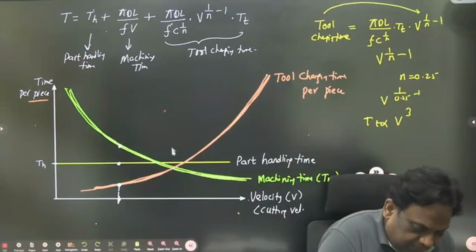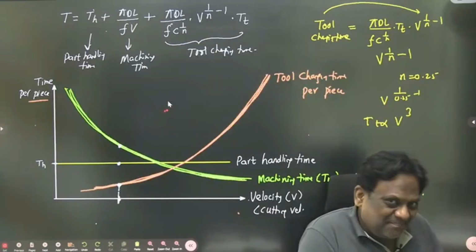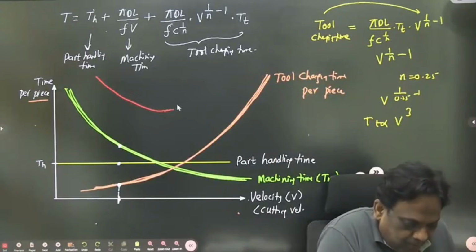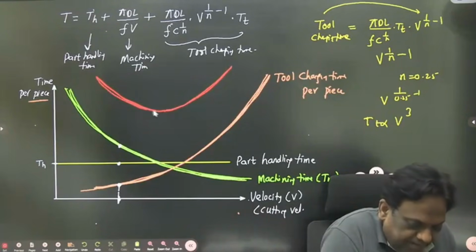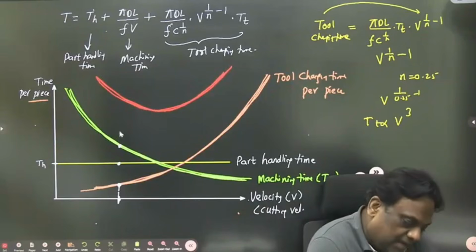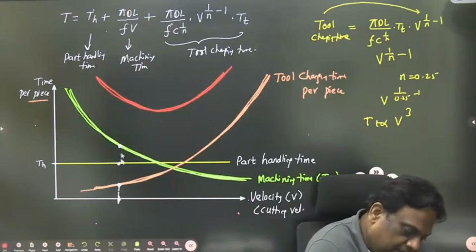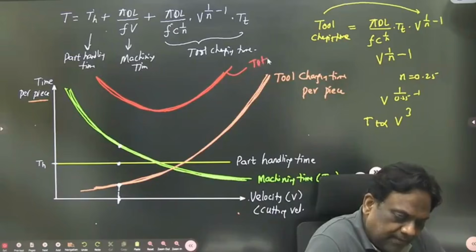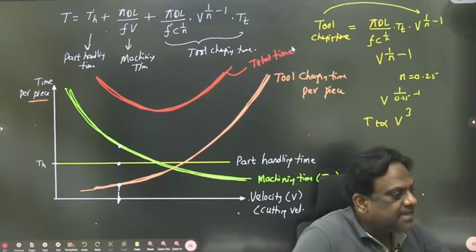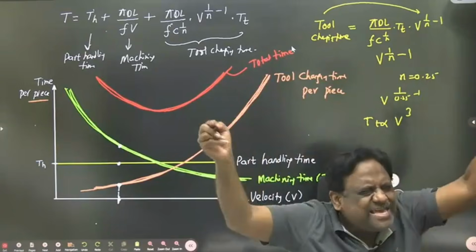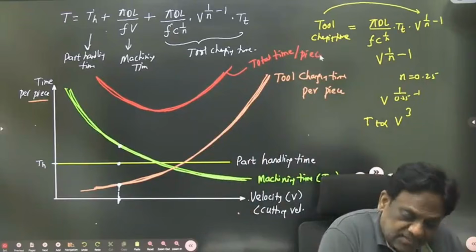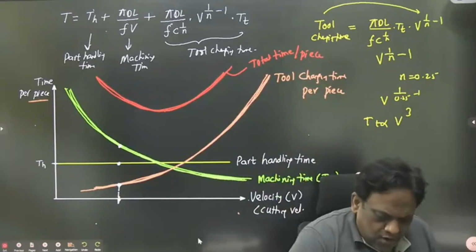It will be something like this, and I'll be teaching this in economic order quantity industrial. So the total time for single product, this will be the total time. Why it is varying like this? Because इसमें सारे ऐड करो सर, ये वैल्यू और ये वैल्यू ऐड करने के बाद ये आ रहा है सर, when you add, this is nothing but total time. Hope you understood sir. क्या ये बात सभी को समझ में आई? But it is total time per piece. If you forget that, you are gone.